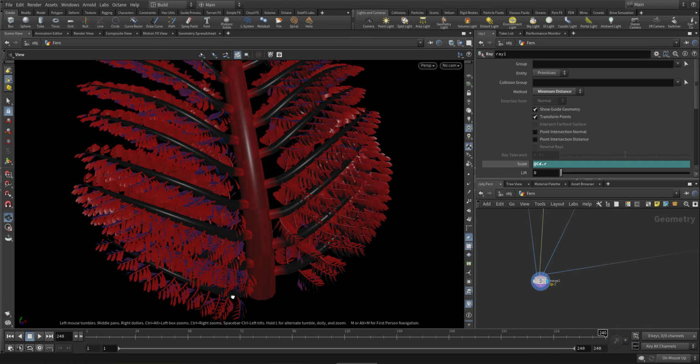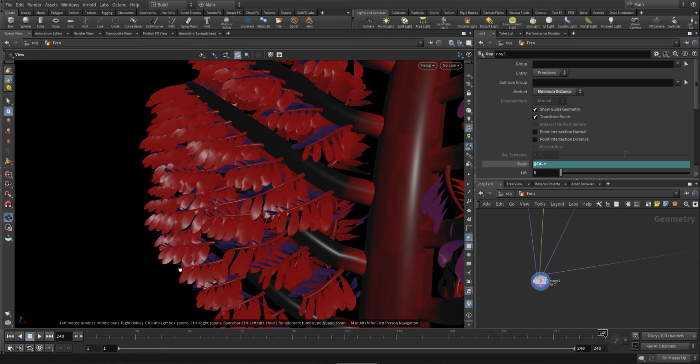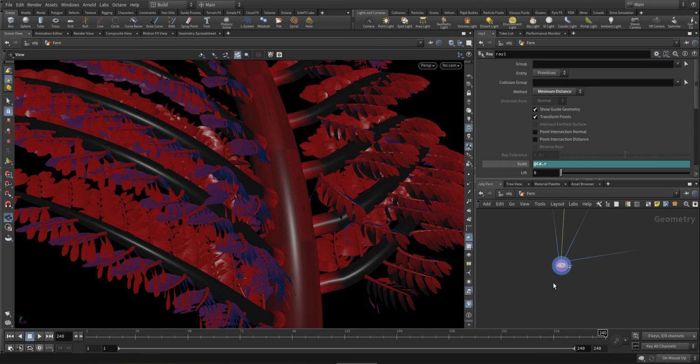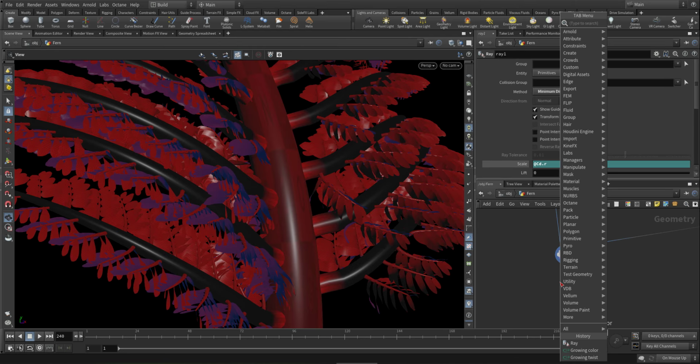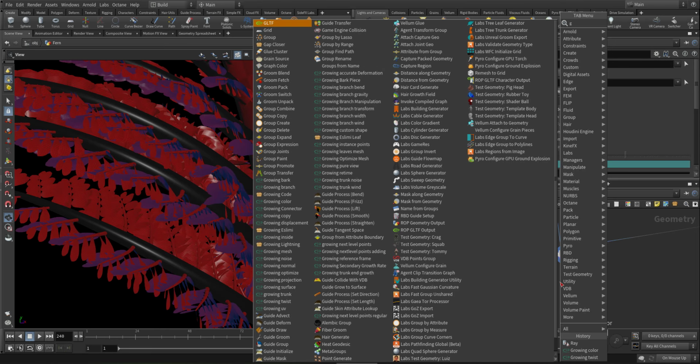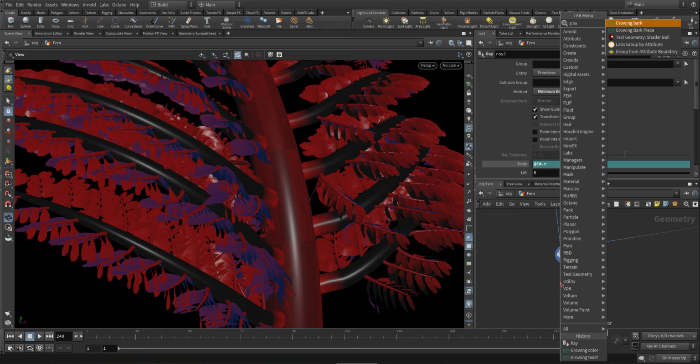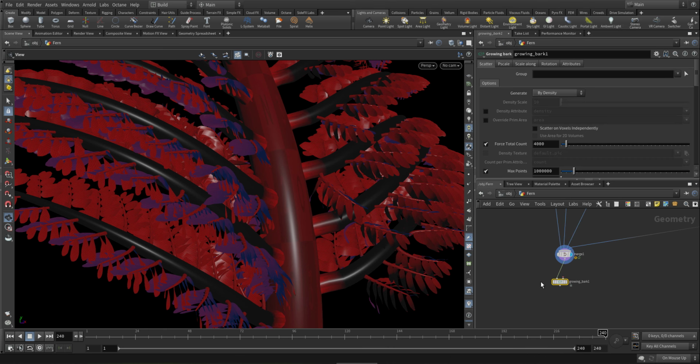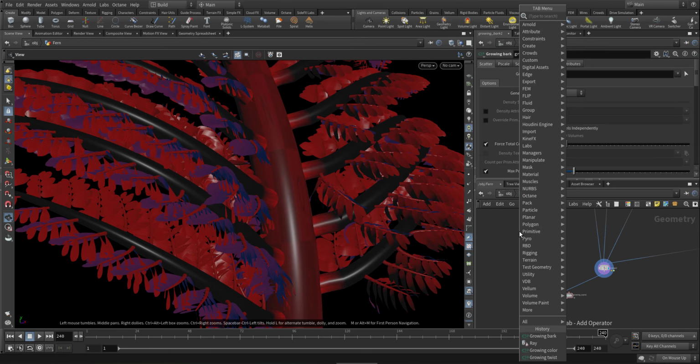great shape to move on with further detailing, which is creating the furs on top of this fern using the growing bark, new HDA that I've added to Growinfinite 2. Using this growing bark, you can simply add some furs on top of your geometry as well. So let's create another growing drawing